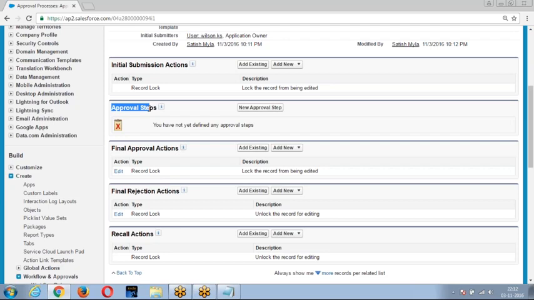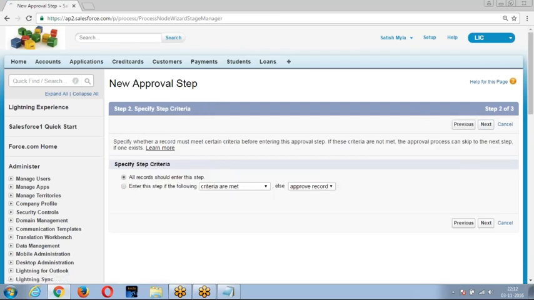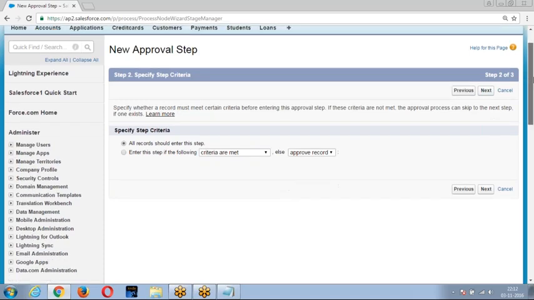When you say approval steps, once you submit the record, I'm giving Satish Pro. Now we give the process name.